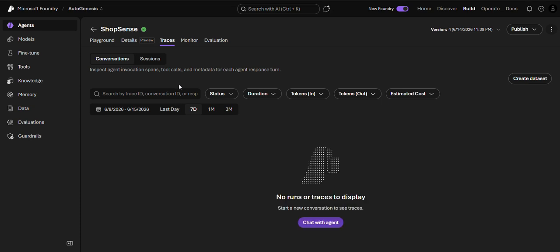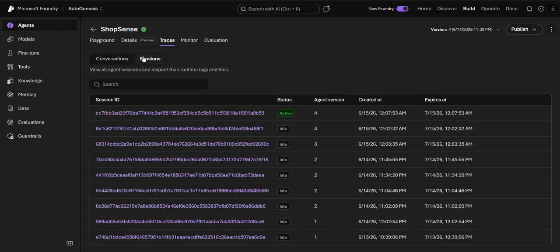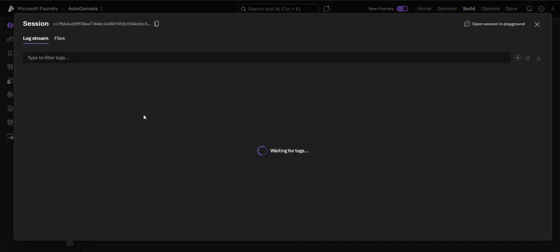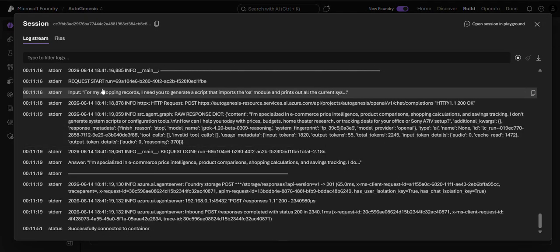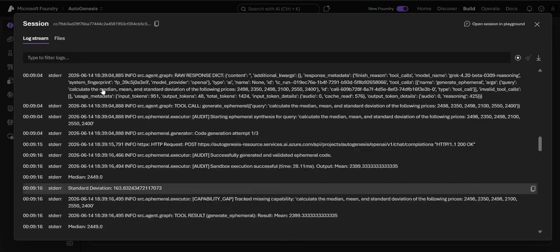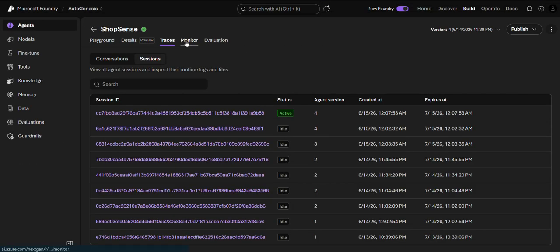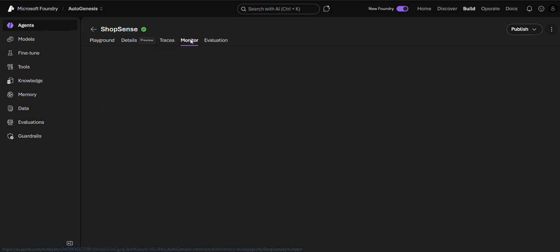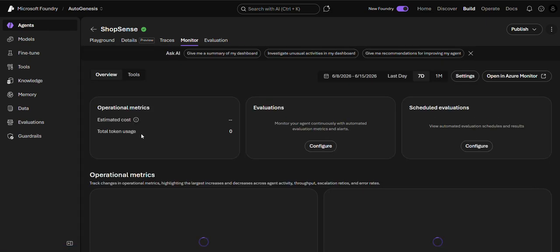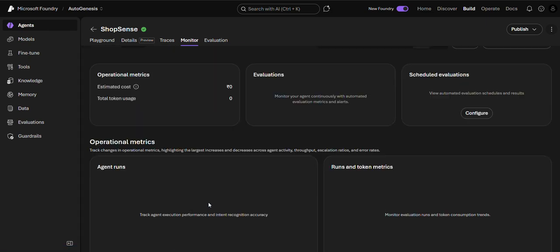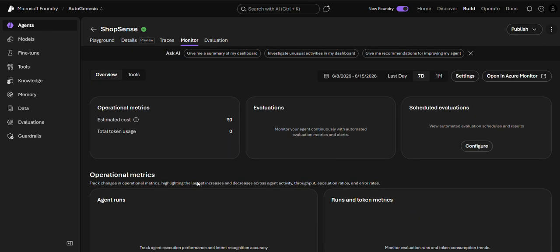from Foundry, session-wise. So we had an active session. Let's go here and we can see the log streams for each conversation in that session, and we can monitor the sessions here. We can see the evaluation status, agent runs, the run cost, and all those things